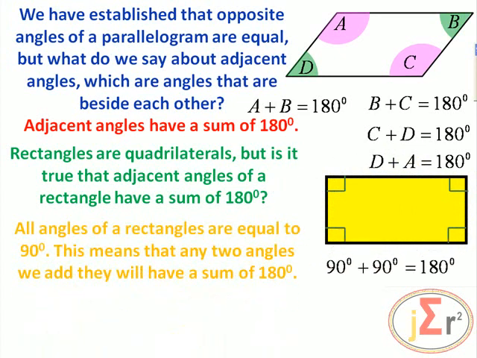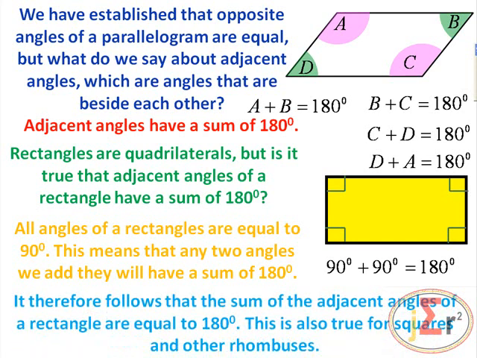All angles of a rectangle are equal to 90 degrees. This means that any two angles we add, they will have a sum of 180 degrees. So all of the angles are 90 degrees. So if we add any two, the result will be 180 degrees. It therefore follows that the sum of the adjacent angles of a rectangle is equal to 180 degrees. This is also true for